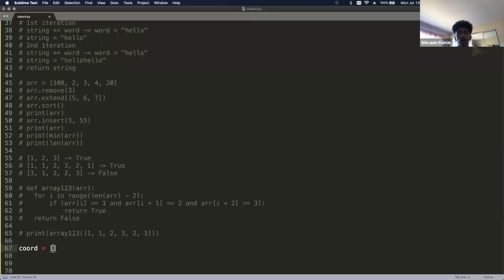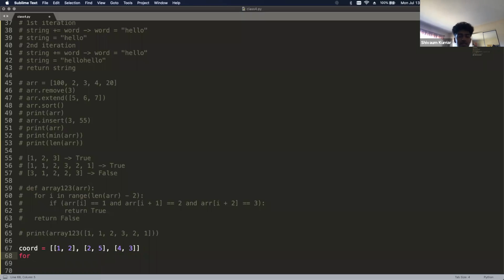So think of this. A coordinate plane is basically an array of arrays. My entire coordinate will have 3 different coordinates in here. We'll have 1 and 2, then 2 and 5, and then 4 and 3. These are just random numbers I'm making up. So think of this as being plotted: X is 1, Y is 2, then X is 2, Y is 5, X is 4, Y is 3. This is what is considered a 2D array in any programming, honestly. It's basically an array of arrays. That's why it's called a 2D array.